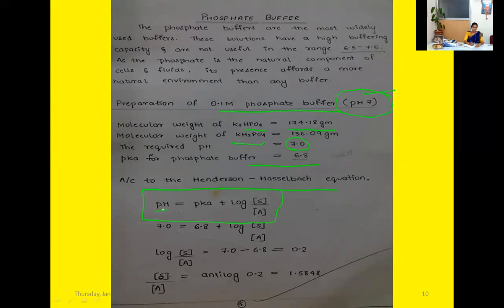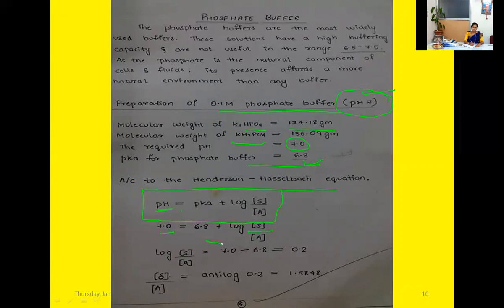What is the pH? pH we need to find out. You'll write it as pH 7.0 is equal to pKa, which is the constant, right? You'll write it here as 6.8 plus log salt divided by acid. Then log salt divided by acid is equal to 7.0